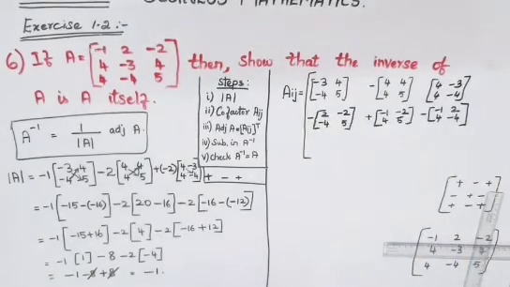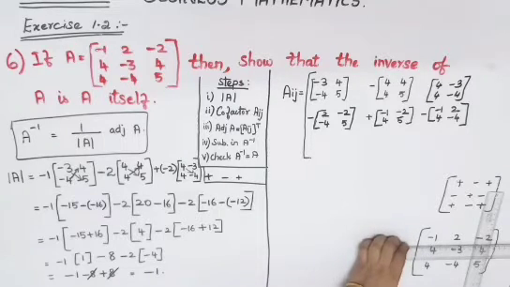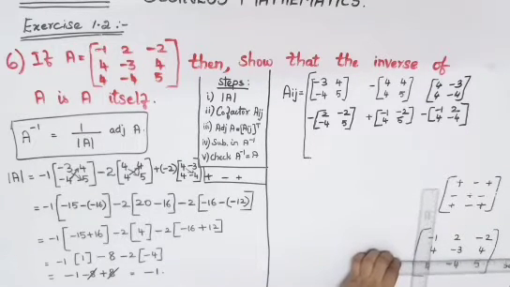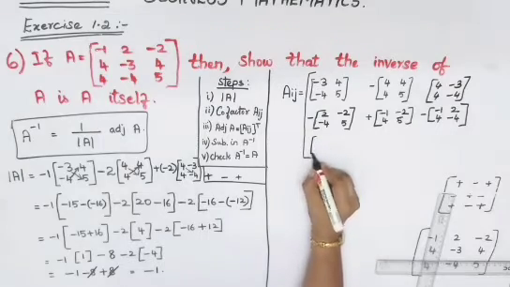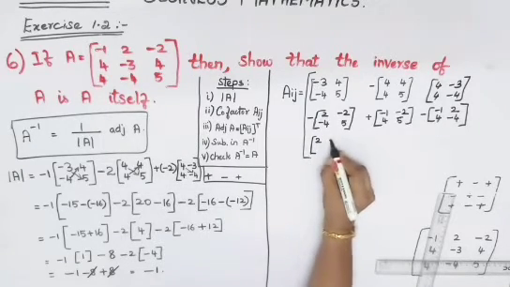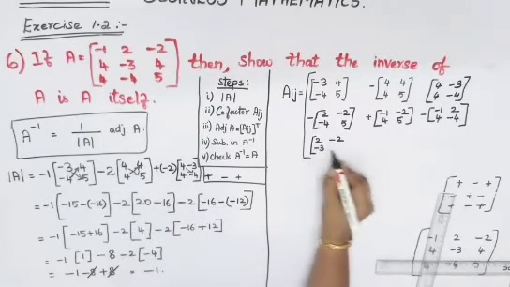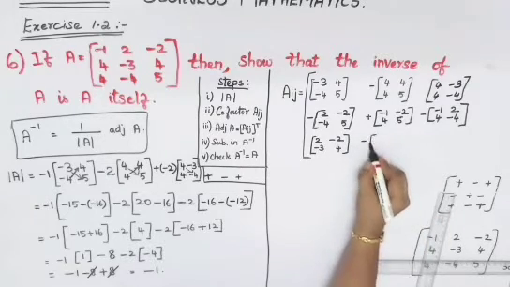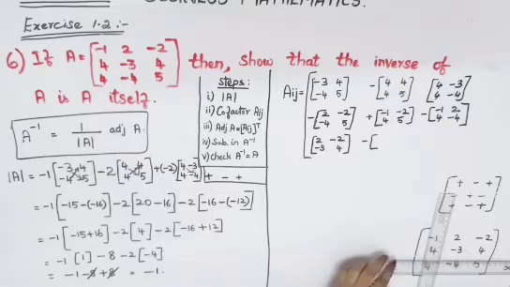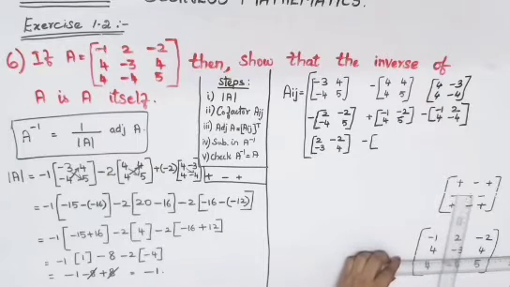Now third row, first column, that is the minor of 4 has to be found out. So the left out elements are 2 minus 2 minus 3 4, plus only. So you can open your bracket. 2 minus 2 minus 3 4. Next minus, open your bracket. The minor of minus 4 you will have to find.